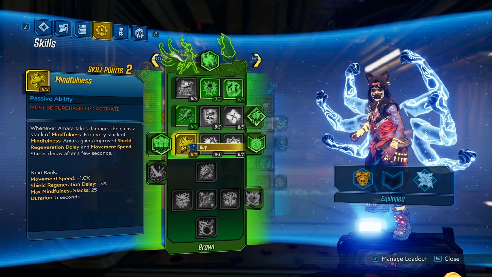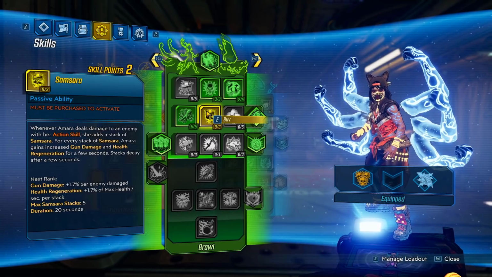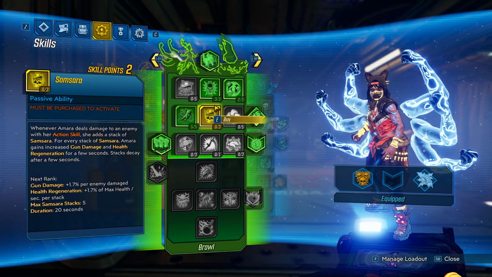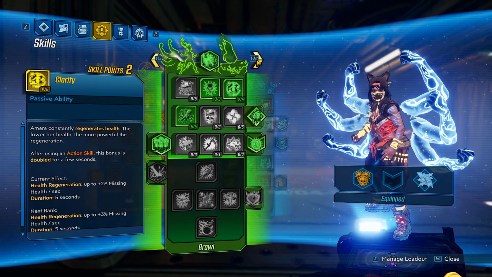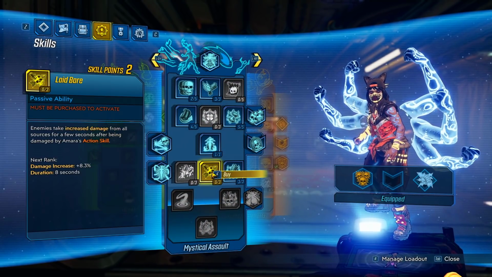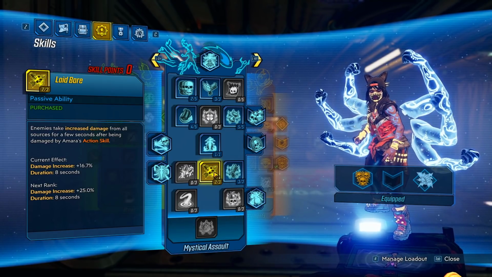You could put them into Mindfulness, especially if you're using a driver comm, or you could put them into Samsara. I would not recommend you do this because you're going to whiff your action skill most of the time, so you're not going to get the benefit from this. So I'm going to just put them into Laid Bare, because whenever we do actually use our action skill, for